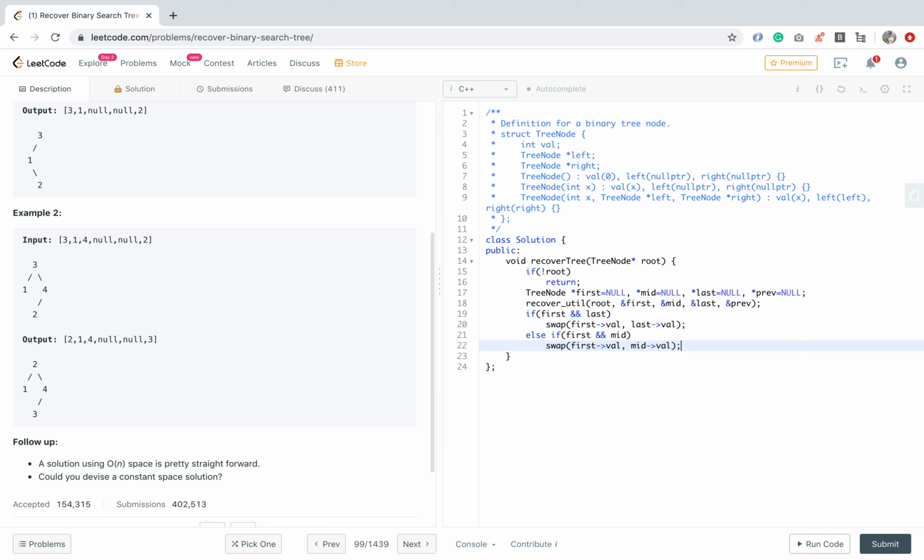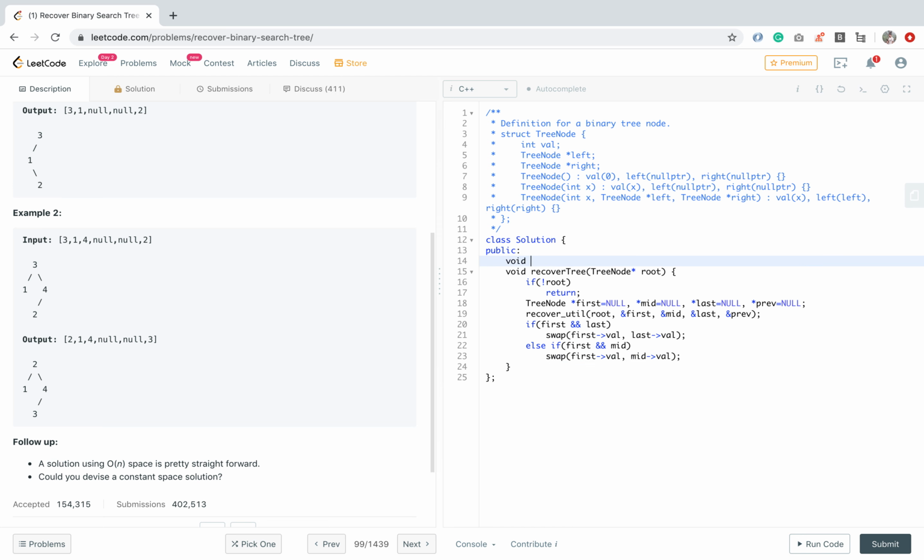Then we are done with our solution. Now we have to write this method, the util method. So we will write the util method. We will take all the things, like here we are taking the address, so that's why star star.